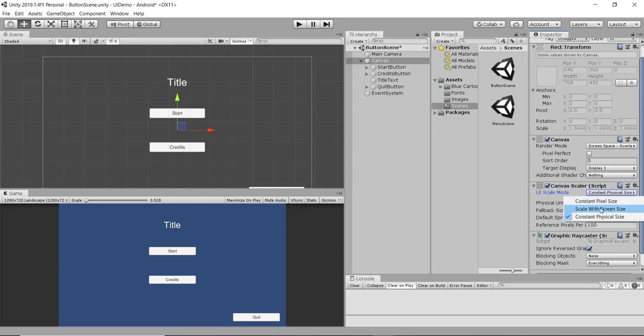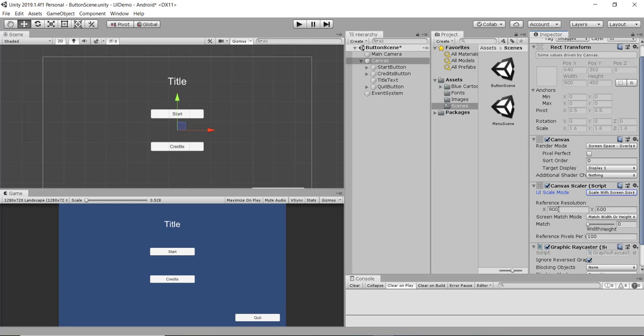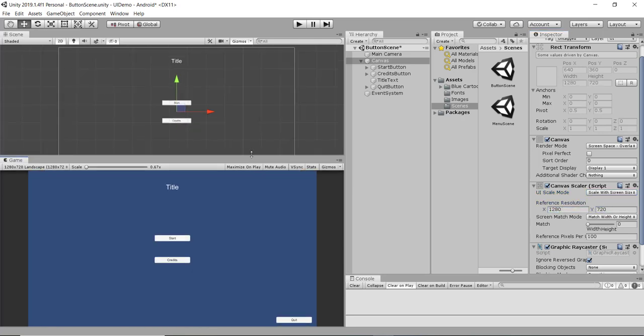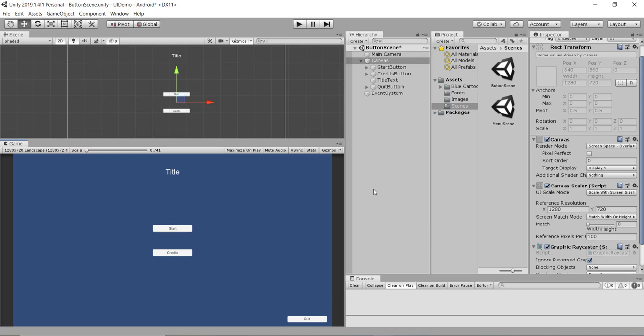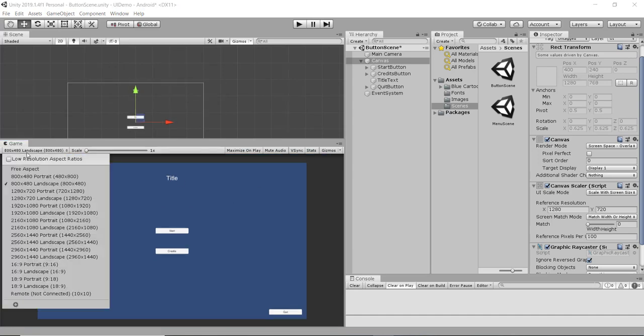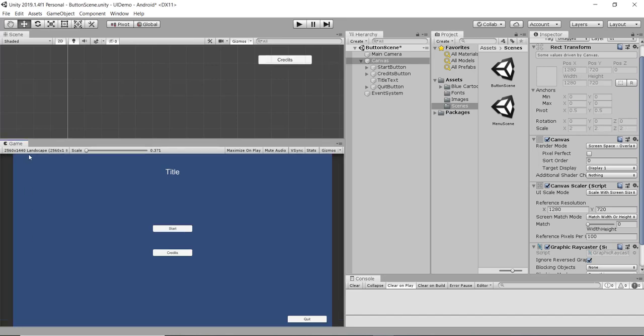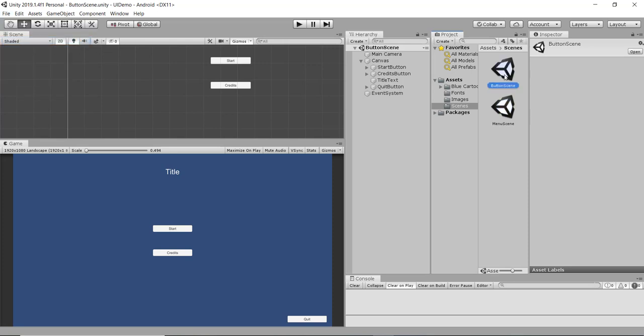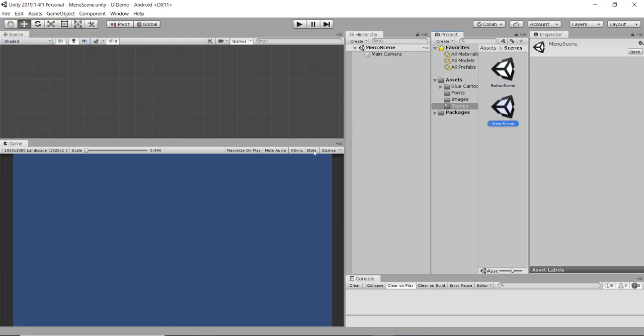We are going to set that property to scale with screen size and use 1280 by 720 for the reference resolution. If I pick different sizes, large or small, the buttons will grow or shrink as needed. Let's move on to another scene to review these concepts. I am now going to create a menu in this